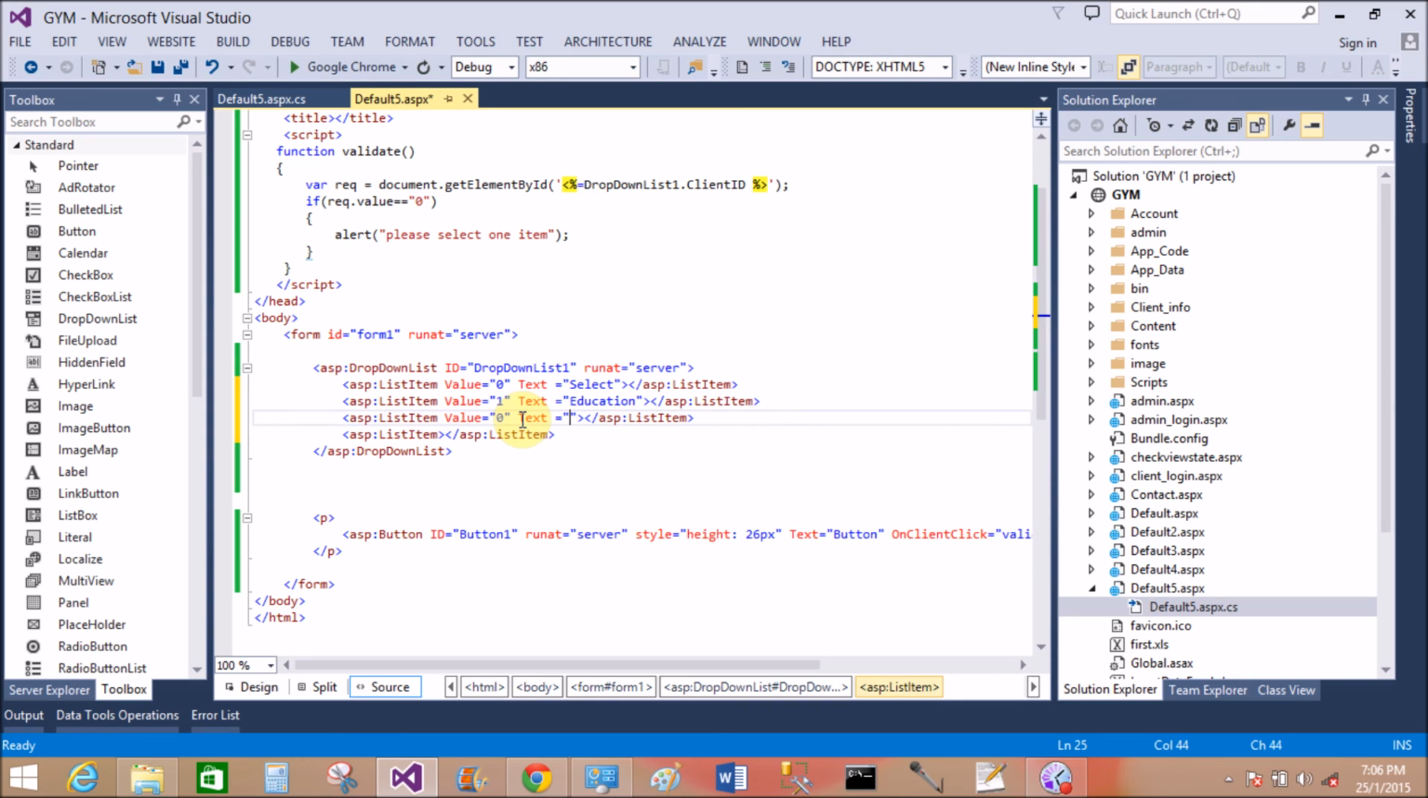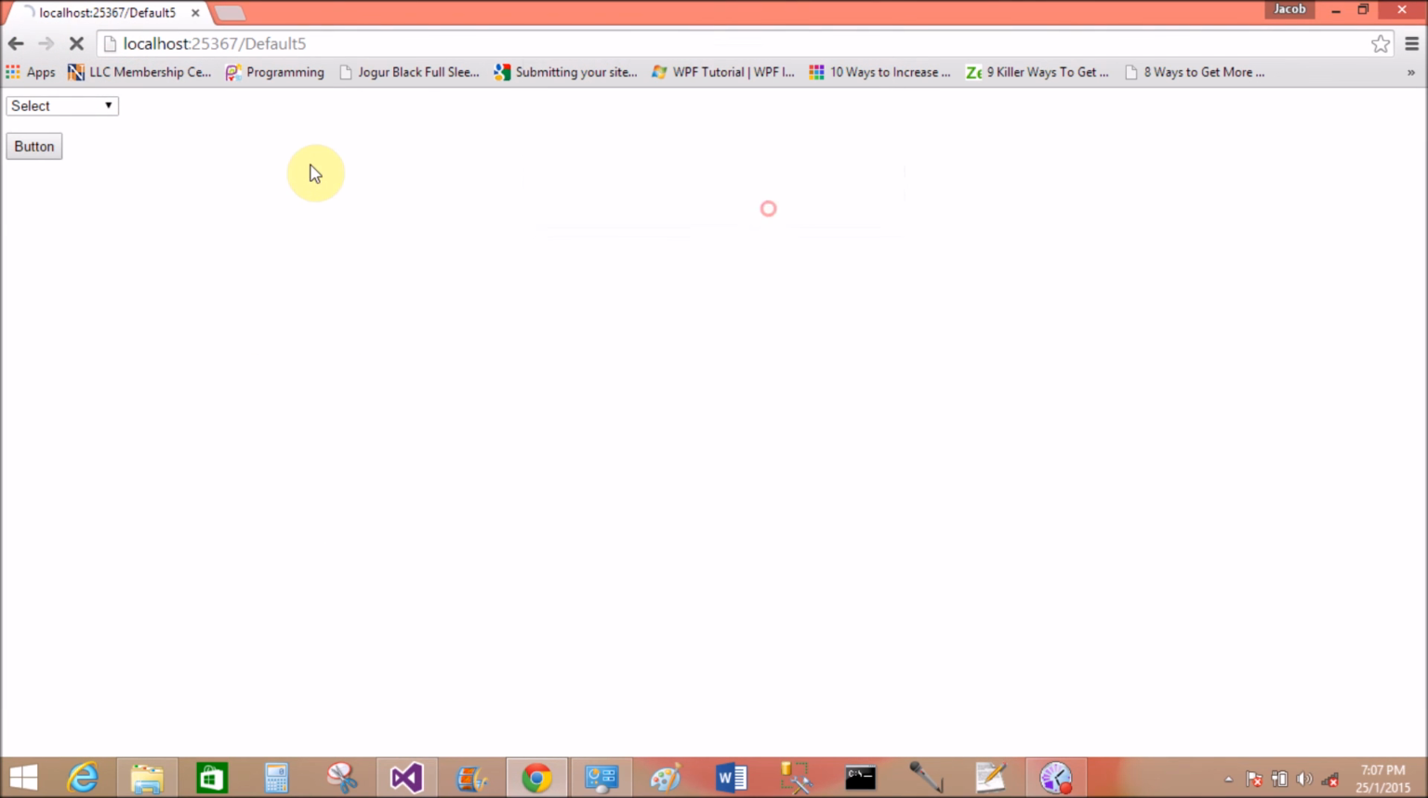because in the JavaScript method we check if the value is 0, then the selected value matches, or you can say you get the error. Three. Okay, now save this and run this. Click the button. Yeah, please select one item. If we select any one item, yeah,